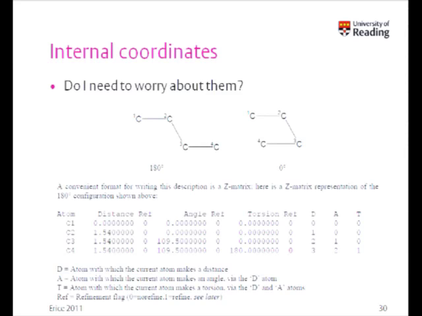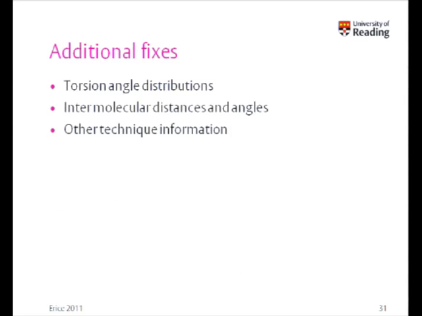When we describe a molecule in 3 dimensions, I think what most programs tend to use is something called internal coordinates. Now, I don't particularly want to go through these, but if anyone's interested in talking about internal coordinates, I can wax lyrical on another occasion. Basically what they are is one way of describing molecules as a set of positions where you place one atom at a reference position and place other atoms relative to that to build up a pattern. Now, in general, you don't need to worry about that in most global optimization programs.